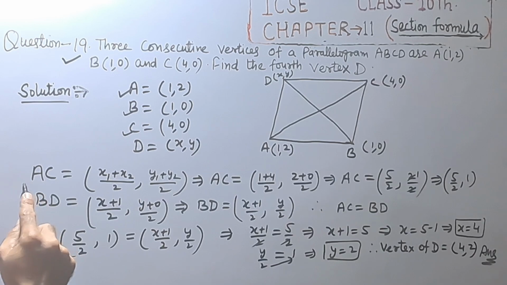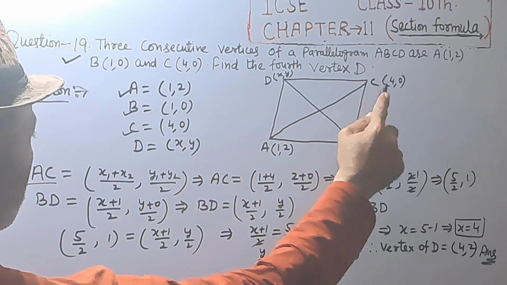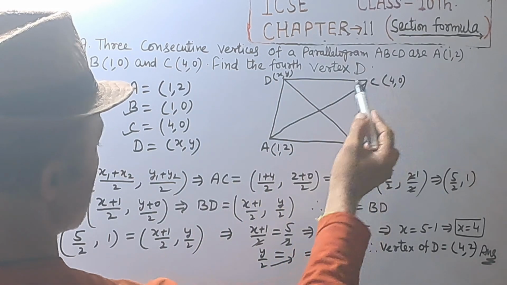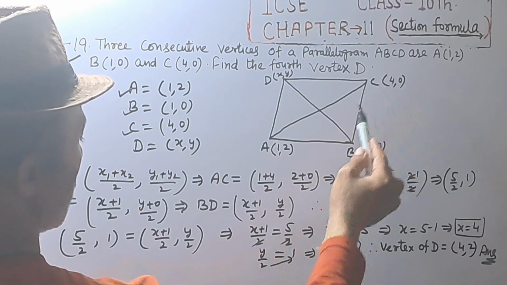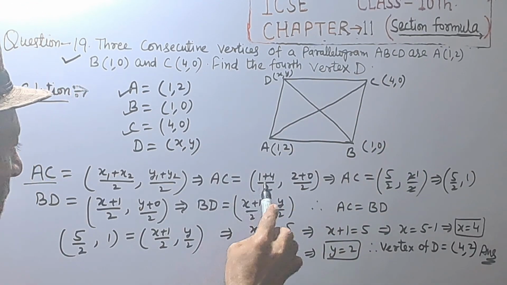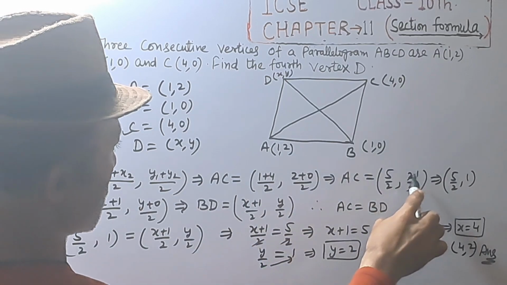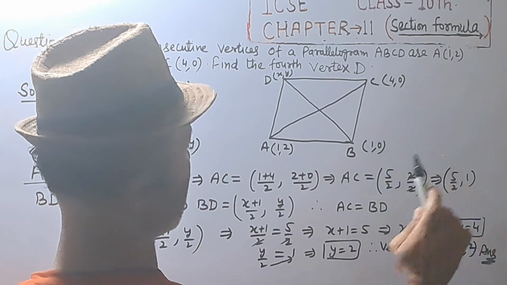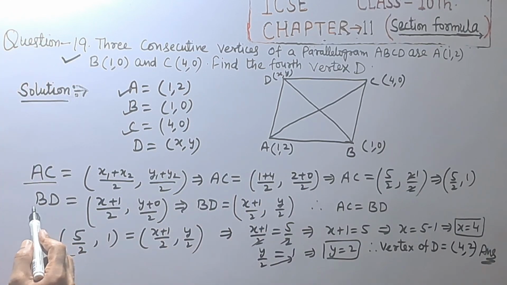So by the midpoint formula, AC is equal to ((x1 plus x2) upon 2, (y1 plus y2) upon 2). x1 is 1 plus x2 is 4 divided by 2, and y1 is 2 plus y2 is 0 divided by 2. That is 4 plus 1 equal to 5 upon 2, and 2 plus 0 is 2, 2 upon 2. 2 is cancelled, and we get diagonal of AC is equal to (5 upon 2, 1), and diagonal of BD,